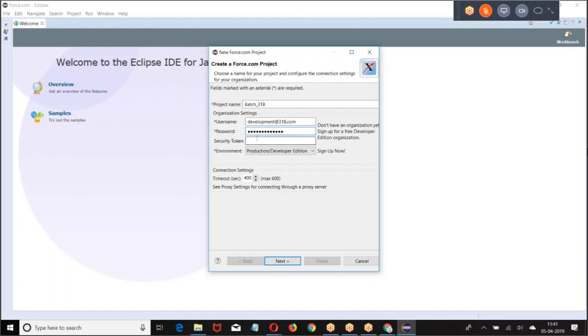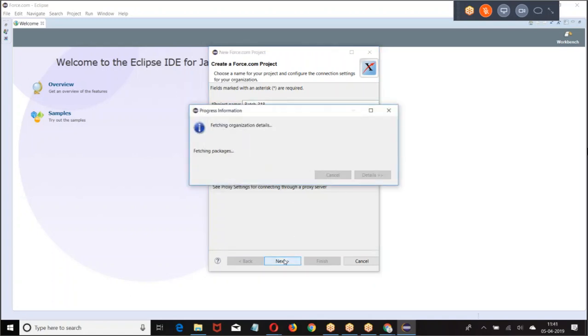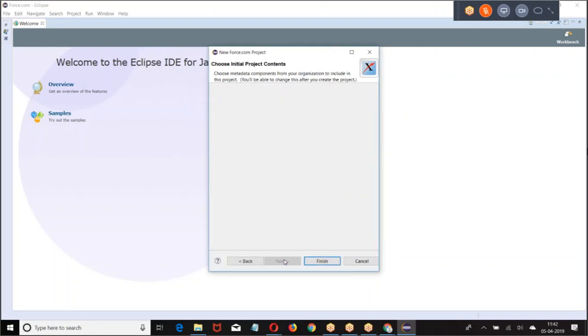Now I already made it as open, so no need of going for security token. Next. So I told new project, enter the username, password. Then whatever I have in the 318 account, I am fetching them.